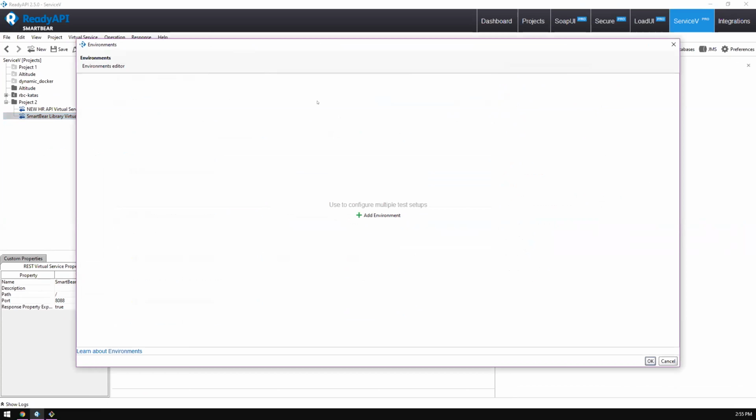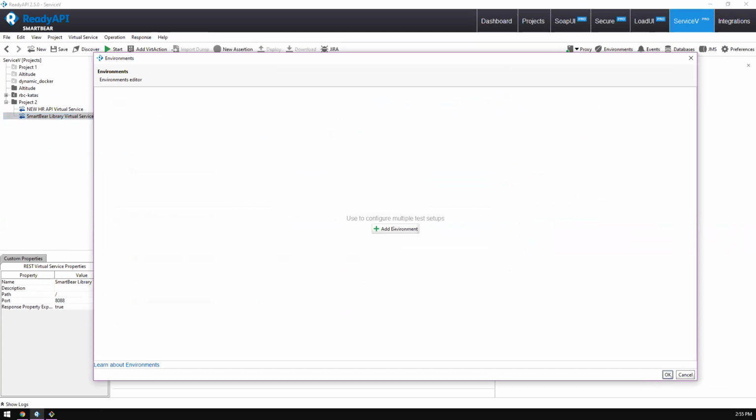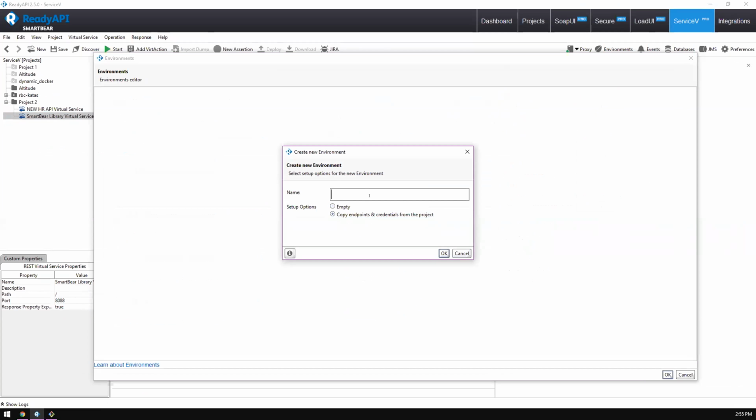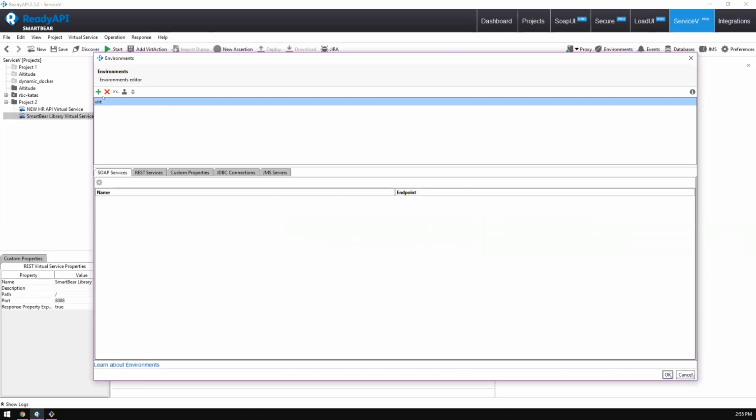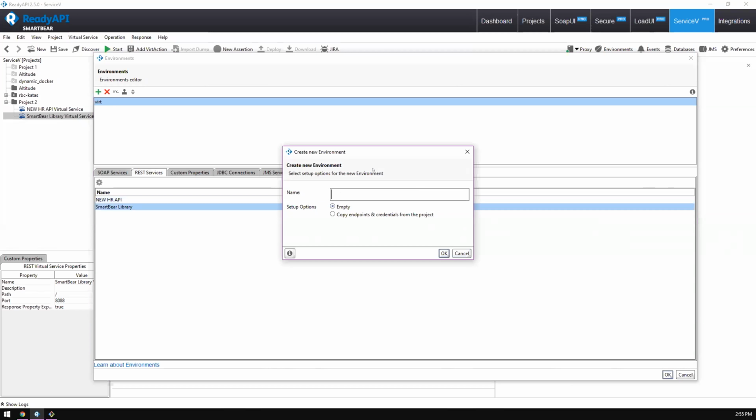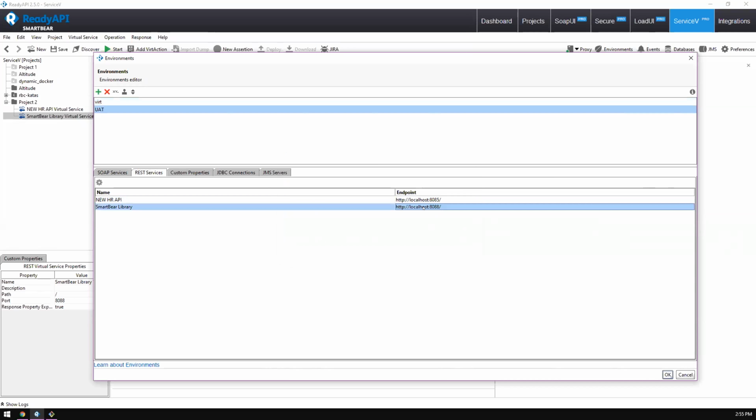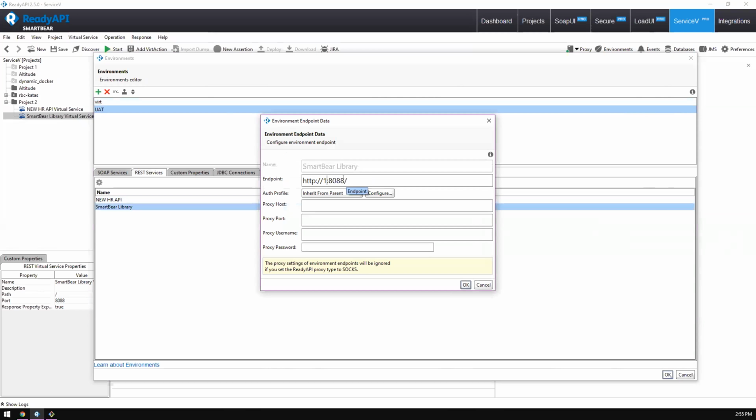Yes, we support environments within the application. Let's say that we have this virtual service running. We have a production or a UAT level service. We can define those as what we call different environments. So here we have that vert. We can see that our services are tied to the local machines, and then we could have maybe those UATs, and maybe that's running on the network. So we could just go ahead and update that to some other IP address,